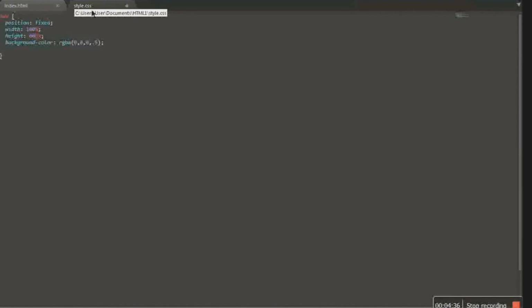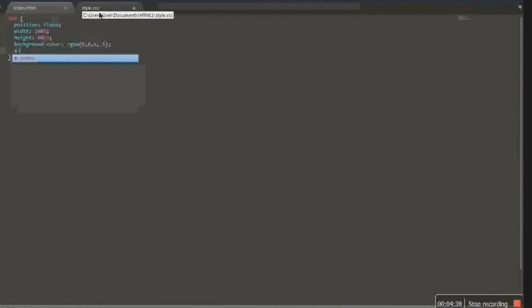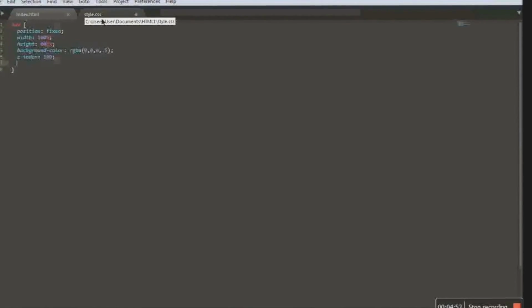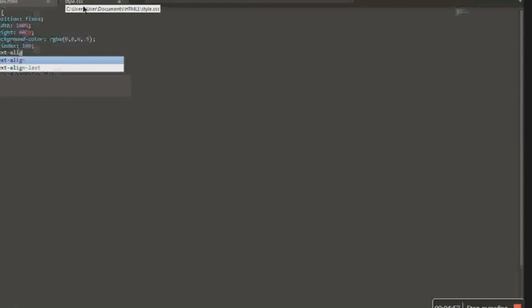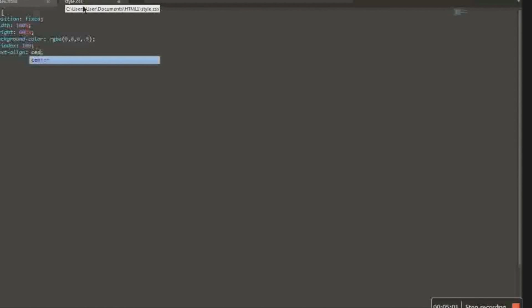What else? Okay, let's put z-index. Let's make it 100 or 99. Okay, let's use 100. What else? Text align. Text align center. You can use left or right, but I prefer center.